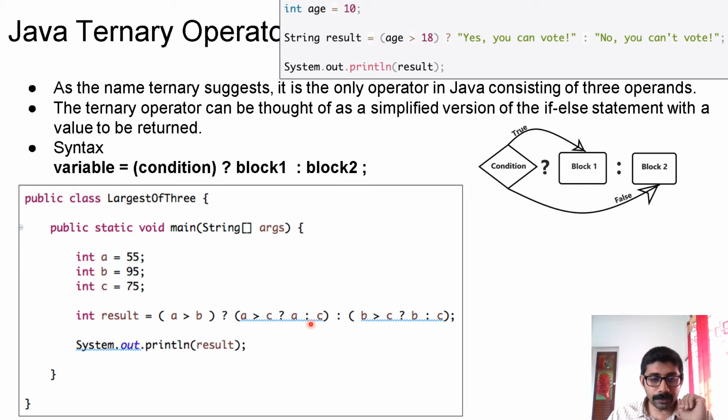So this is the first part, this is the second part. If a is greater than c, if it is true, then I have to see which one is greater, a or c. In that way, in the block itself you can again use condition block 1 colon block 2. Within block 1 I have again used the conditional operator. That is allowed, no issue.